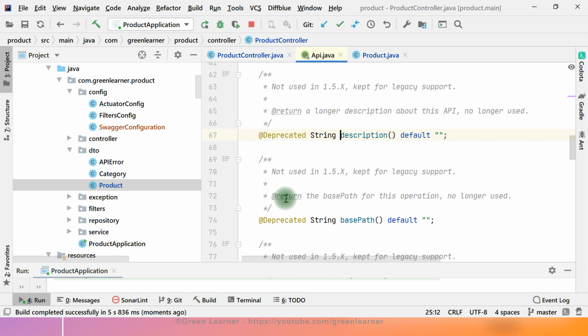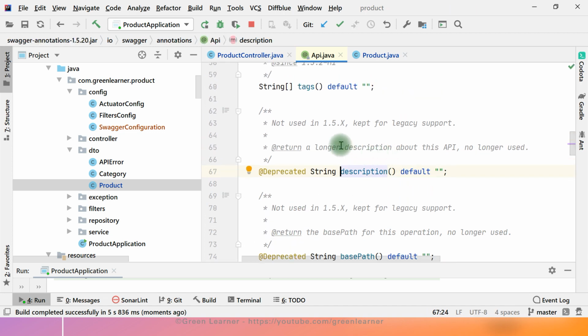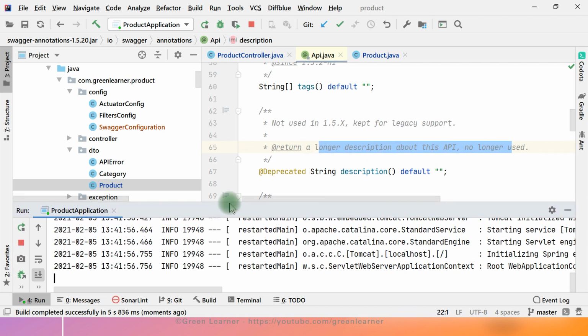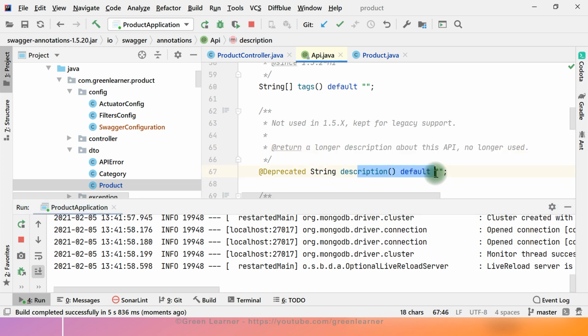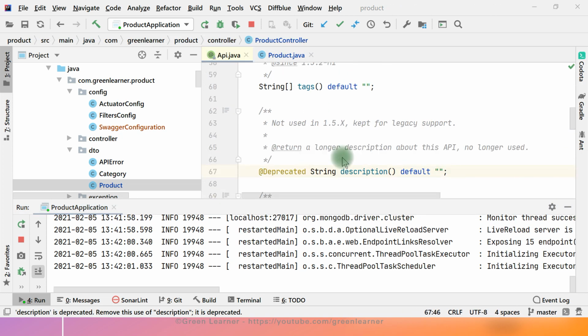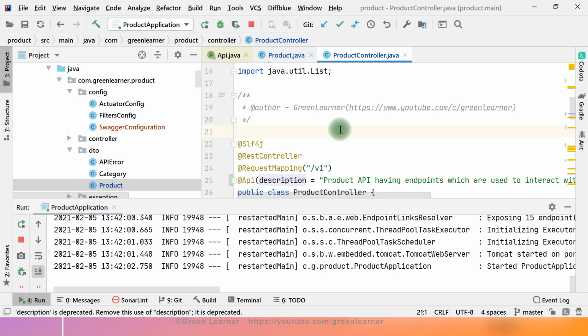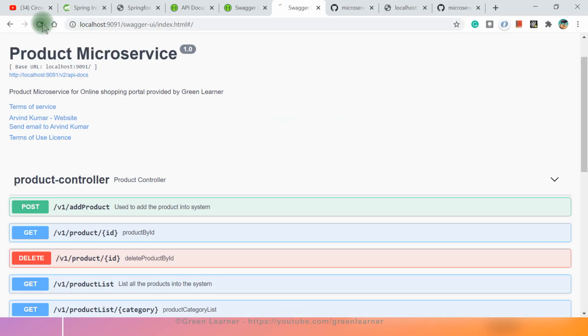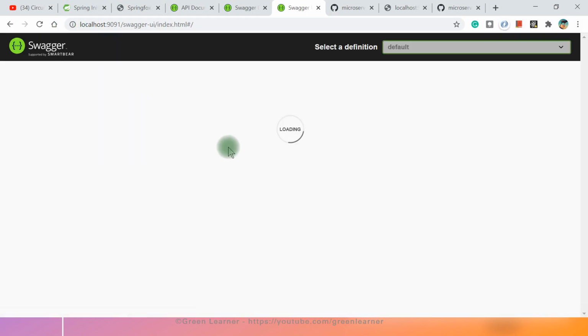If you go ahead and see the reason why it is deprecated, it says a longer description about this API no longer used. So it is no longer used. So maybe in future we will not be able to see this description at the controller level itself. Okay. So the application has started.